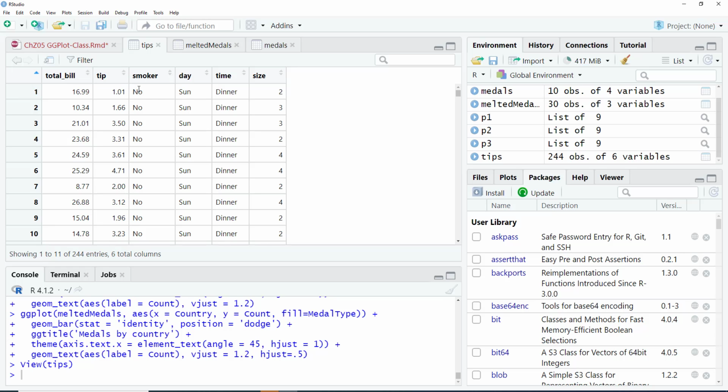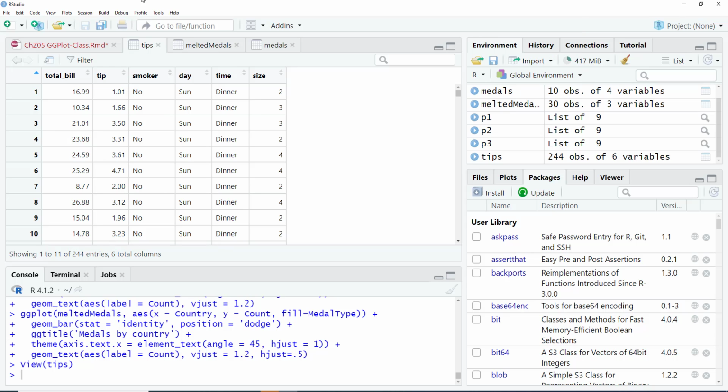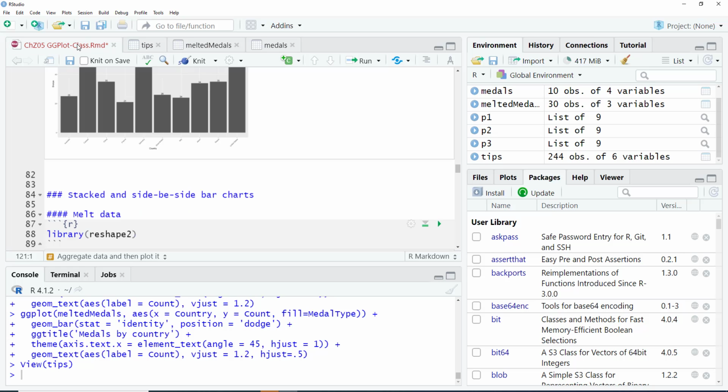Suppose we want to have a bar chart for the day. Each row here is a customer, a diner who has come in and had a dinner or lunch or whatever. So we want a bar chart for the count of customers each day, right? But